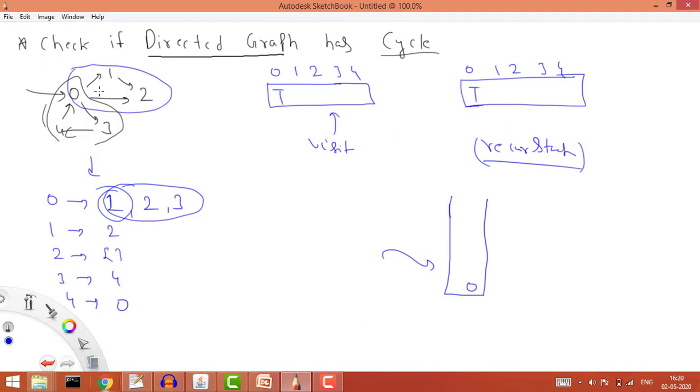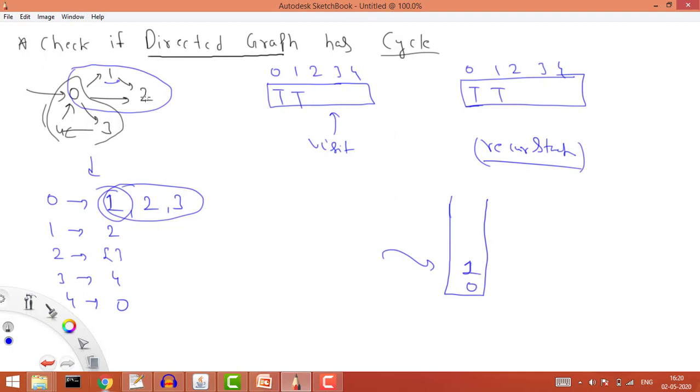Now the neighbor of 0 is 1. The first neighbor is 1, so we immediately call the DFS on this one. Now here we have the 1. We check whether 1 is already in the recursive stack. It says no, 1 is not in the recursive stack, and it is not in the visited array either. So we put the value true here and true here. When you put the value true here, it means in the recursive stack now we have one value as well.